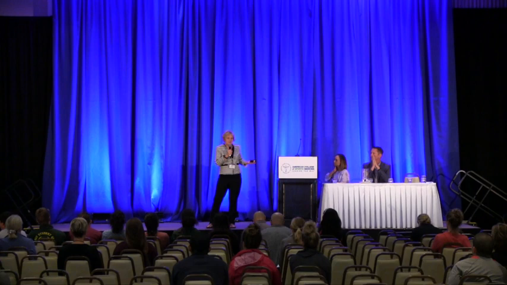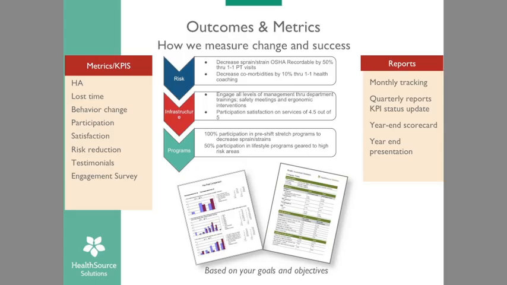And when we look at things that take time, if we want to look at risk reduction, so our goal, for example, when I had my 5-year strategy, is to have a 15% reduction in blood pressure over 5 years. You have to think about, well, how are you going to measure that over time? And if we wanted to say, yeah, we're going to have a 15% reduction in blood pressure in 3 months, how realistic is it? It's probably not going to happen. So you really have to think about what's the time frame and what is it going to take for a participant to get there.